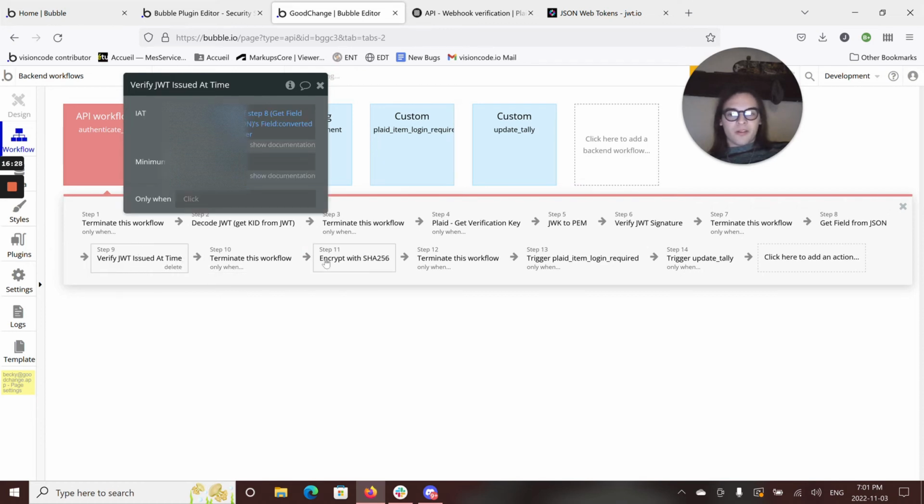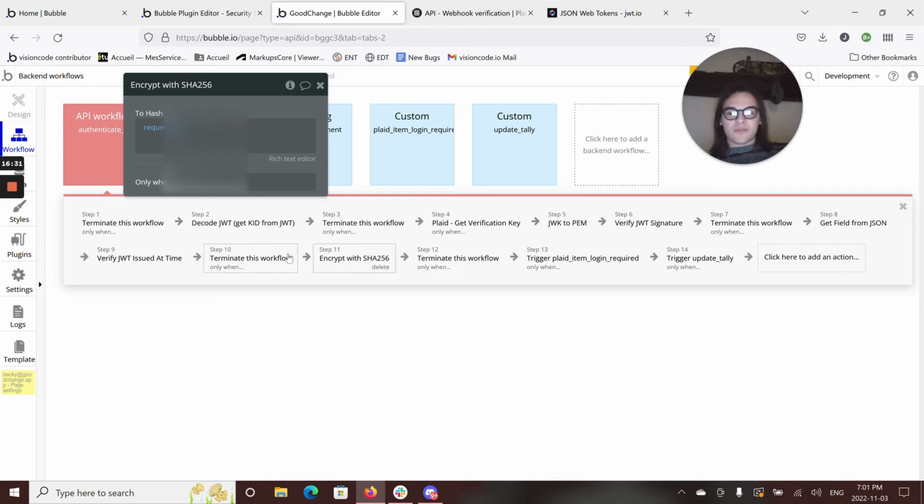And then encrypt the SHA-256. This is something that I have to do. This is a general encryption tool, but sometimes we want to encrypt the request body. In this instance, we want to hash it. We want to encrypt it in SHA-256, which is an encryption algorithm used in Bitcoin. It's an encryption algorithm used in all sorts of places, and what it does is it doesn't encode, but it